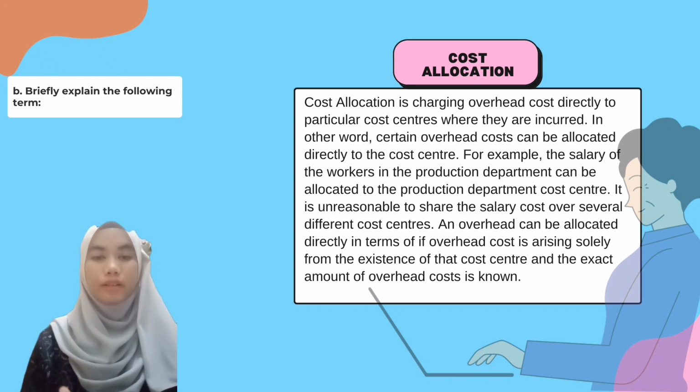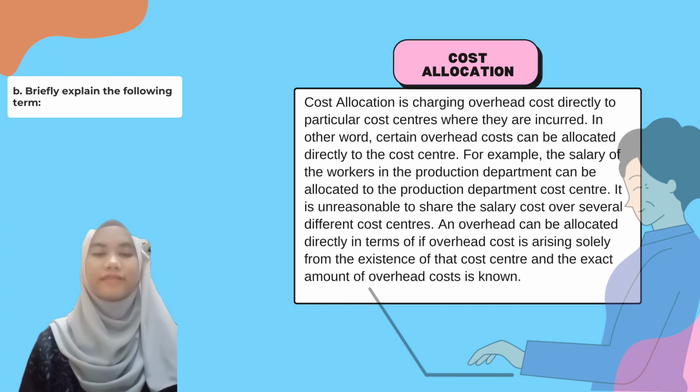It is unreasonable to share the salary cost over several different cost centers, and overhead can be allocated directly if the overhead cost arises solely from the existence of the cost center,